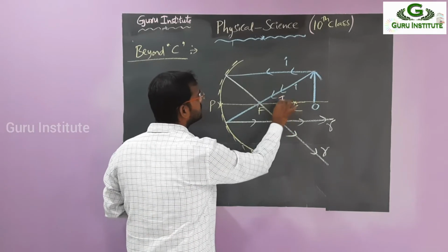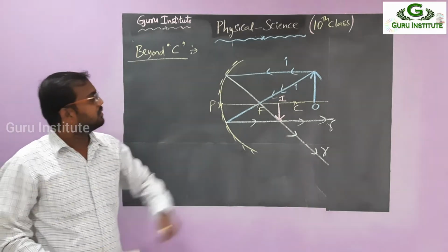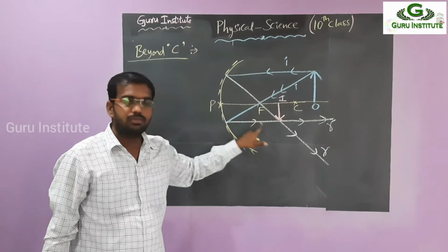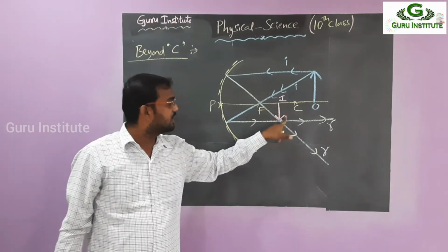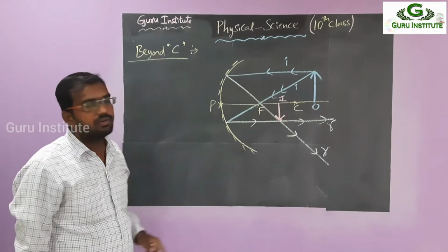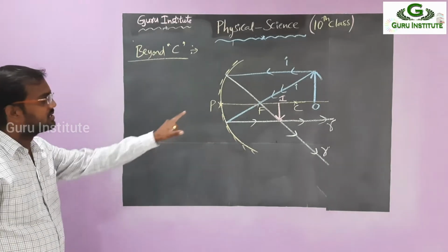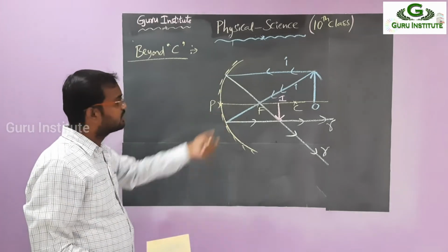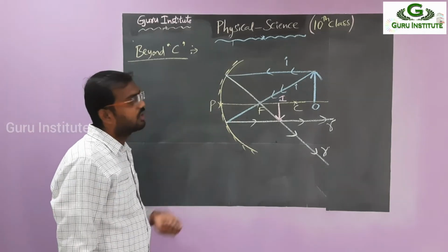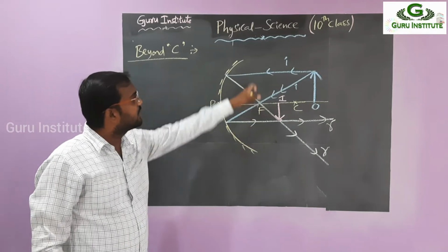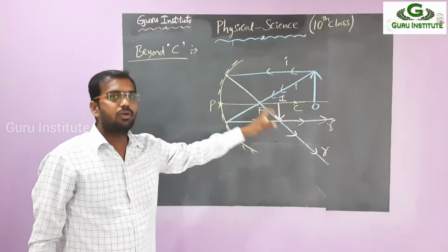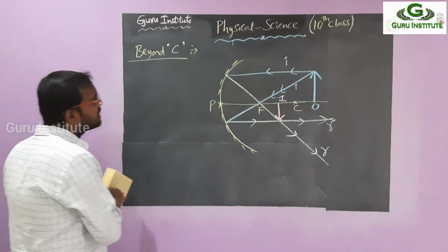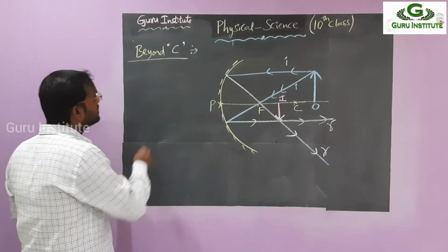Observe the picture clearly. Parallel to principal axis, passing through focus, and passing through focus parallel to principal axis. So they are meeting here. From this one, what have you seen? So just look at this one and write the nature of the image. For this picture you will get 1 mark, and for drawing the nature of image you will get 1 mark. In this one, arrow marks are important, reflected rays are important, all the things are important. OI indications are also important. So from this one, what is the nature of the image? What can you see, just tell me.